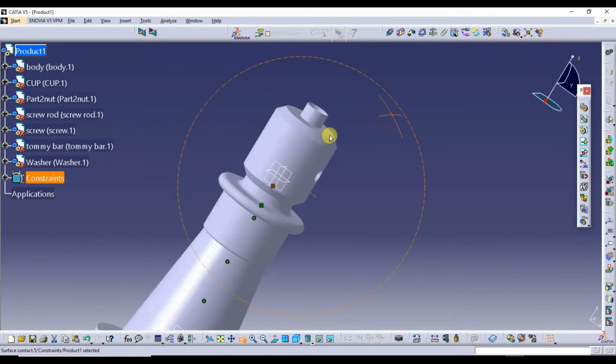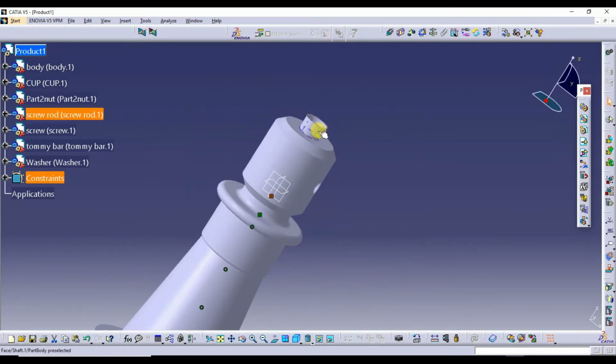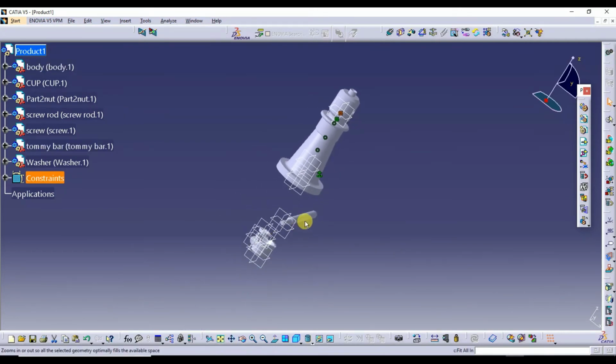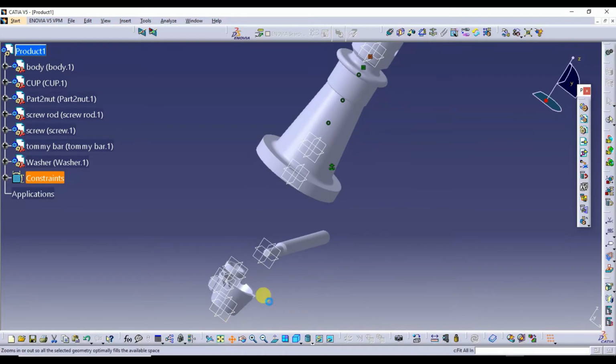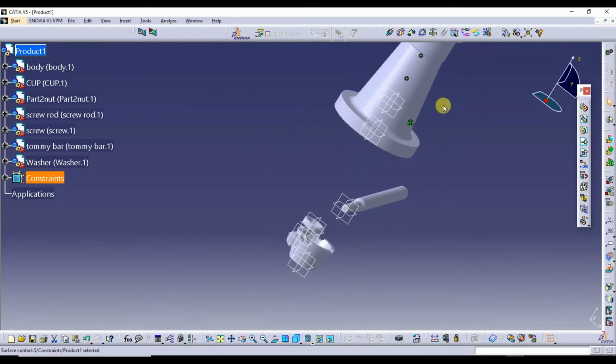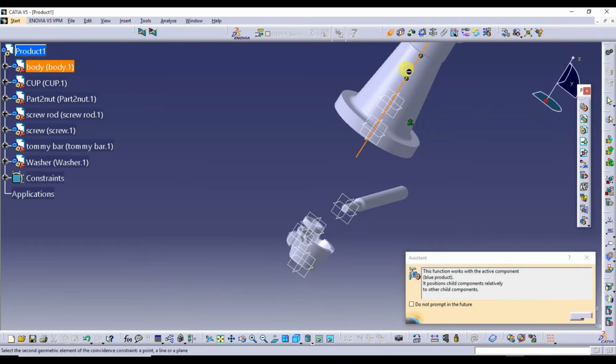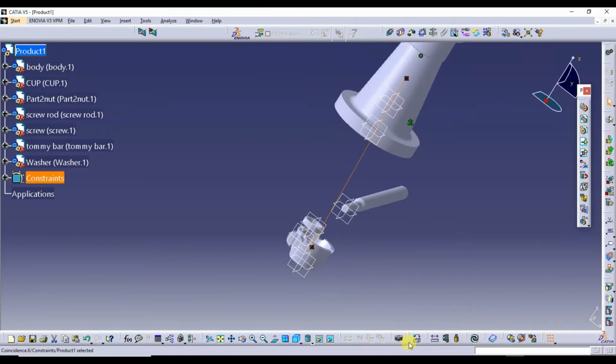Next, the cup should come and sit on this surface. I'll use again the coincide constraint. I'll set the axis of this and the axis of this should coincide.